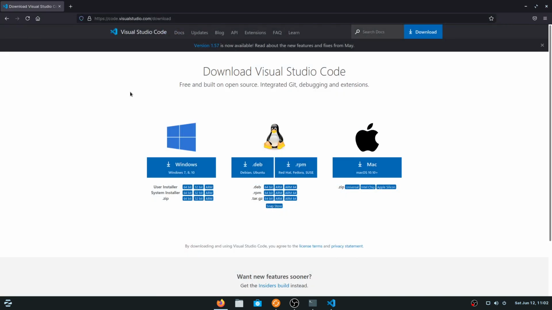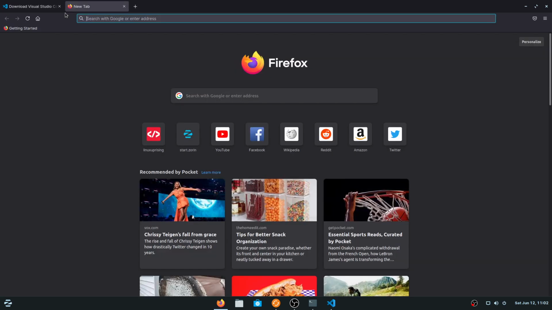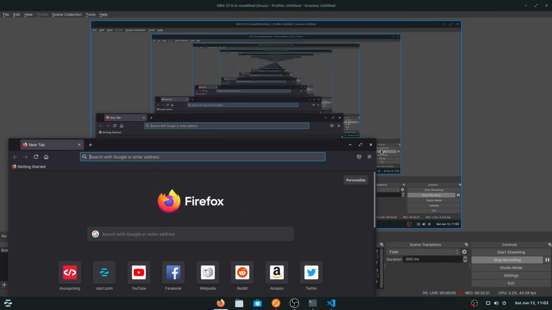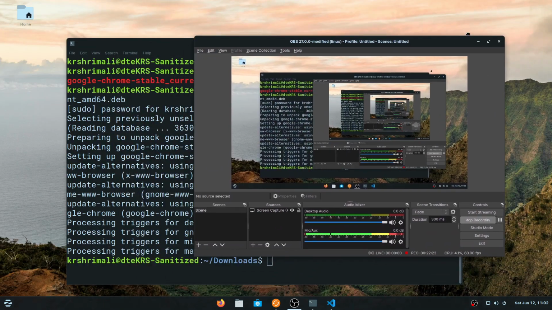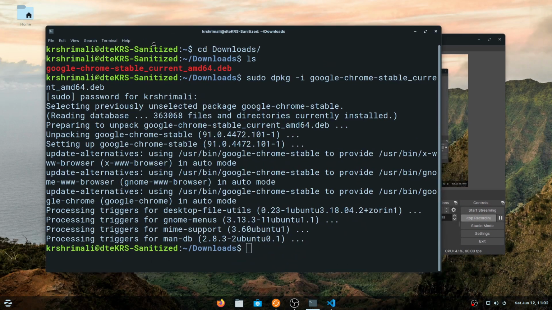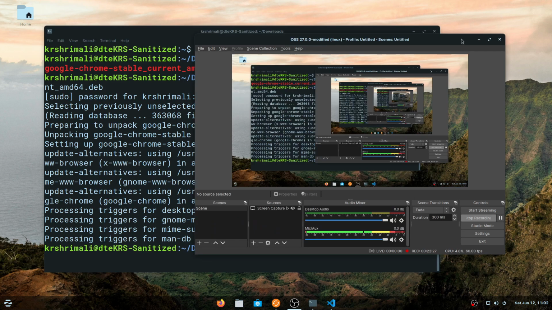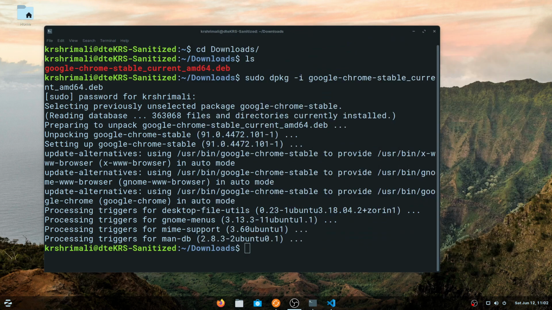See, one of the best things about this is you're mostly using commands to install something on Linux, and that will make you more comfortable with how to use Linux and install things. So that is a good way to start. So just go ahead and try to install things. I wish you all the best. I hope you enjoy your journey on Linux. I hope you guys enjoy using Zorin.